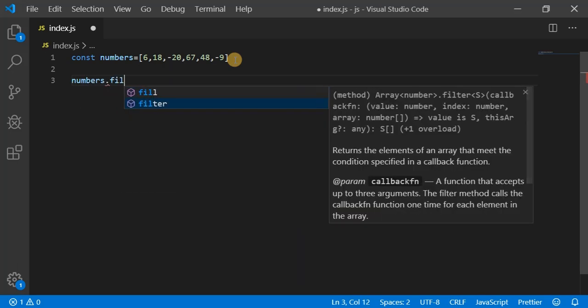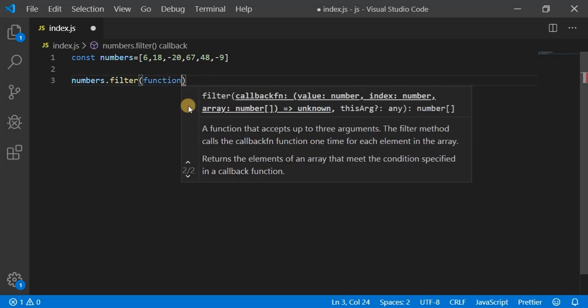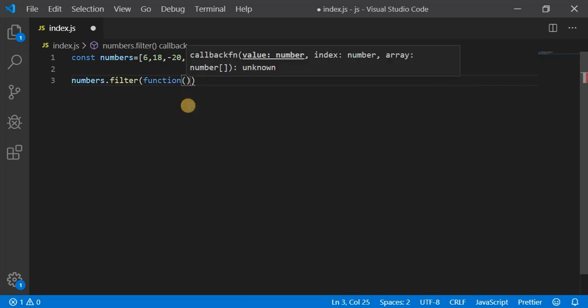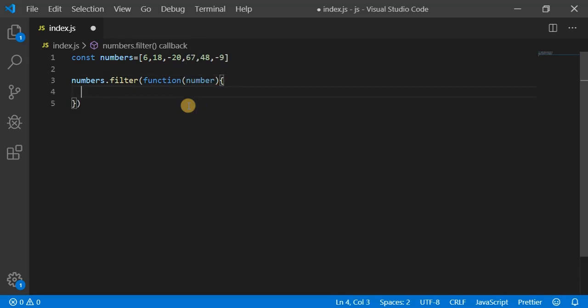numbers dot filter, and filter is going to take one callback function. Okay, and that callback function is going to have three parameters. First parameter is value, second is index, and third is array. Okay, so let me define the callback function here, and I need value only, so I can write number here, and this callback function is going to return a